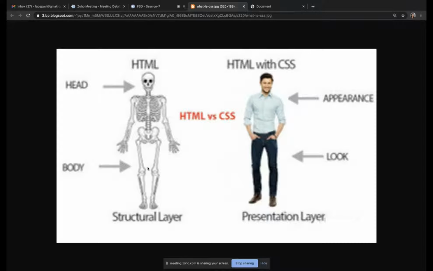So HTML gives just the structure, like bones. It gives the structure to the website. This is the man who's wearing shirt, pant, and everything. So his